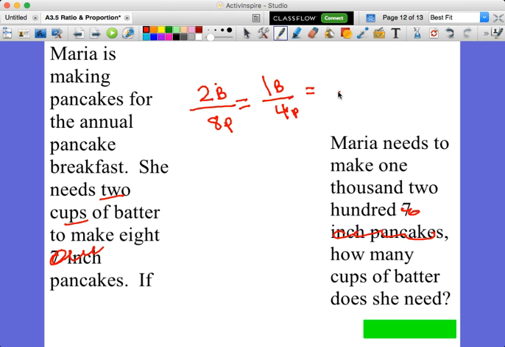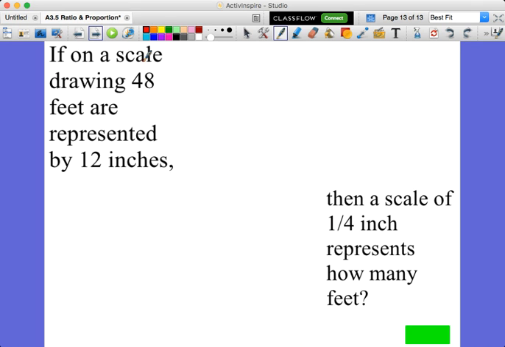And then we need to get down to 1,200 times 1 divided by 4. Cross multiply, I need 300 cups of batter. You need to have your proportions labeled so that all the batter's on top, all the pancakes are on the bottom. Our final question, if a scale drawing is 48 feet is represented 12 inches,